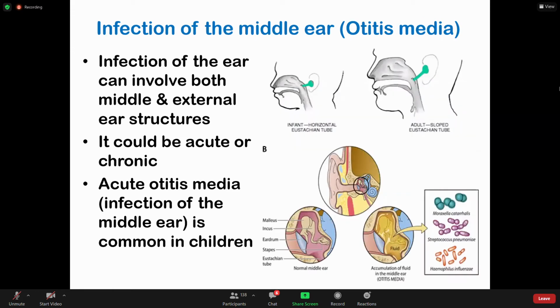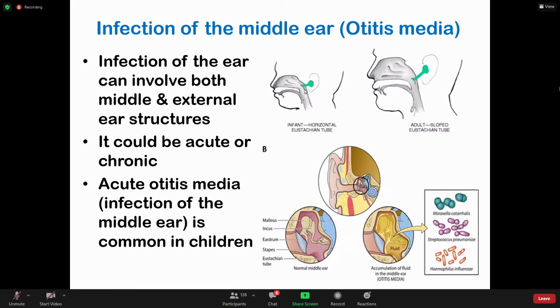With otitis media, which is essentially infection of the middle ear, it can involve both the middle and the external ear structure, and it could be acute or chronic, as stated earlier. When we talk of acute otitis media, the infection is confined to the middle ear, and it is a common presentation in children. The reason why children are particularly predisposed to developing acute otitis media is because of the